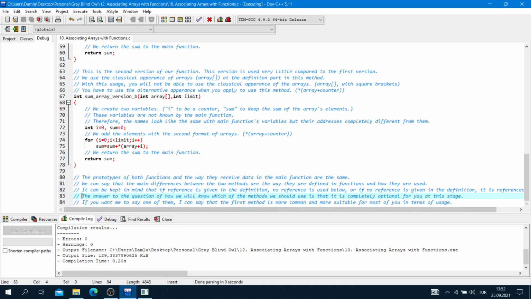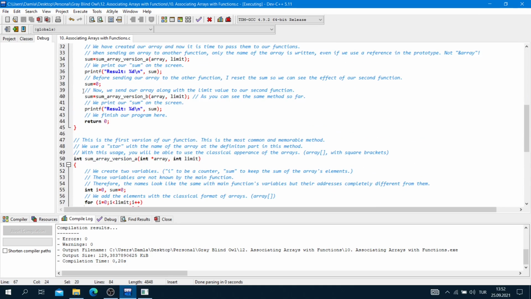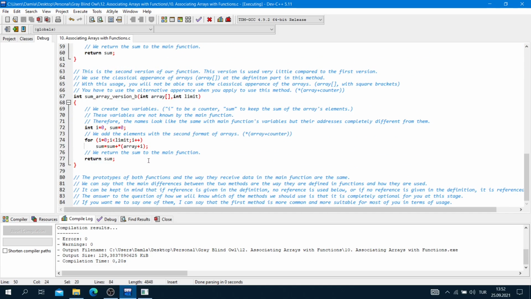Okay, the answer to the question of how we will know which of the methods we should use is that it is completely optional for you at this stage. It's not important. You can use this method if you like this method, or you can use this method if you like this.